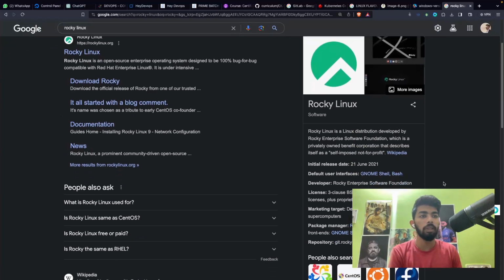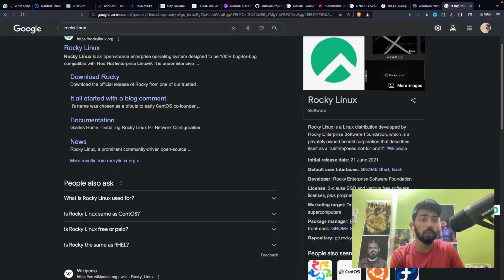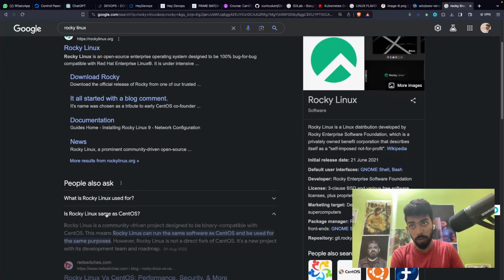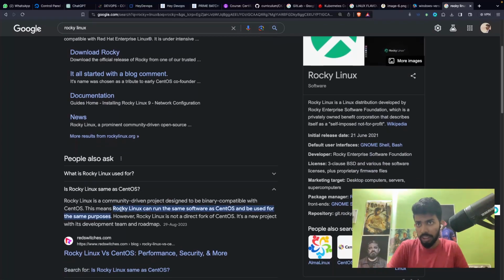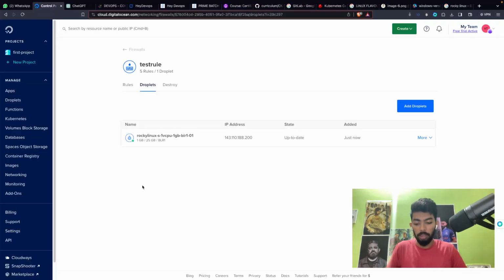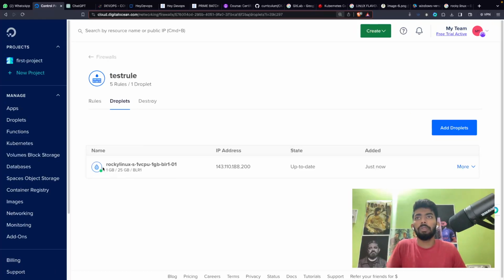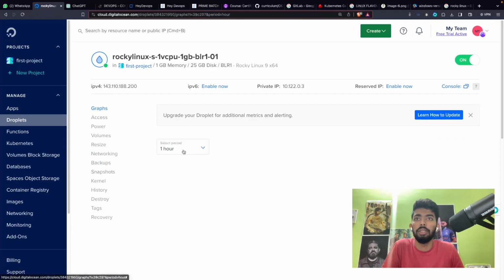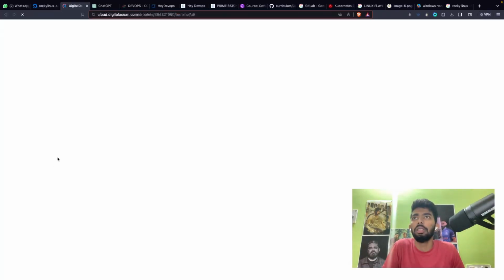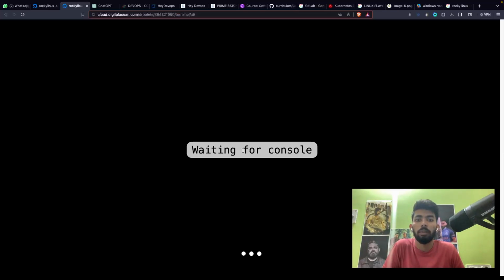If we come down, it says it uses package managers like RPM and all. Is Rocky Linux same as CentOS? Let's open this. Yes, Rocky Linux can run the same software as CentOS and can be used for the same purposes. Let me open my DigitalOcean control panel. I have a server running here with Rocky Linux installed. Cool. If I go to the console here and let it open,